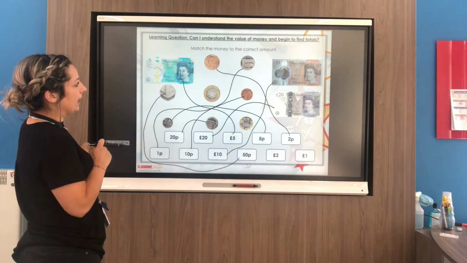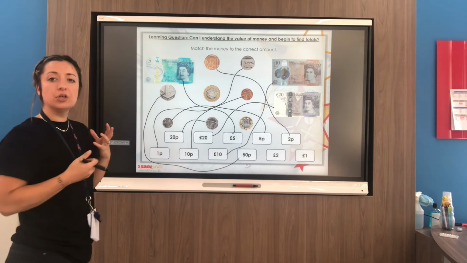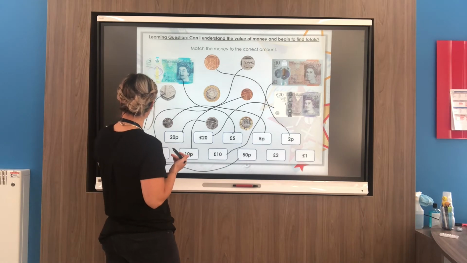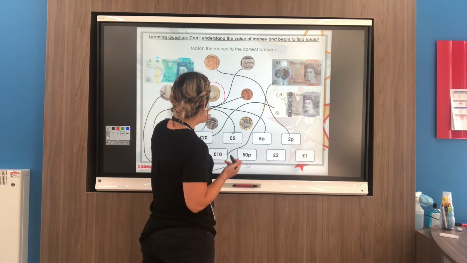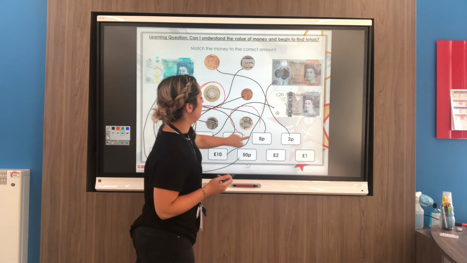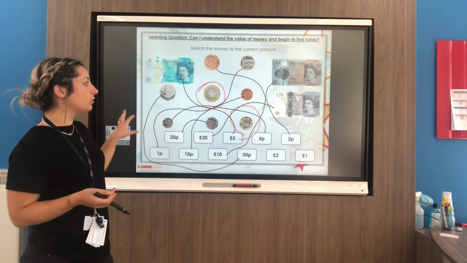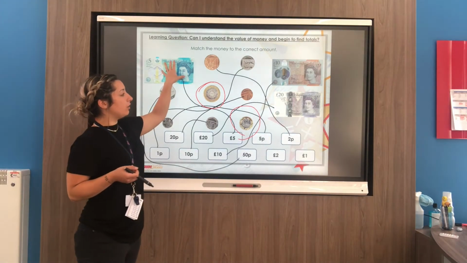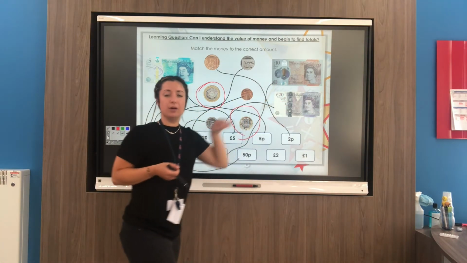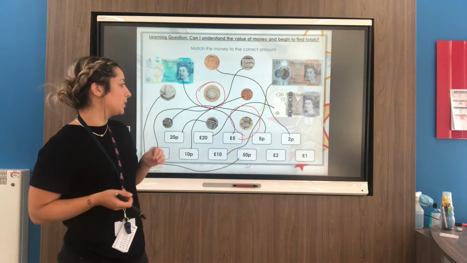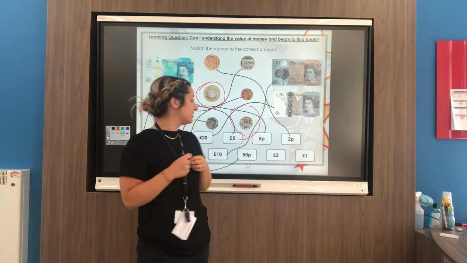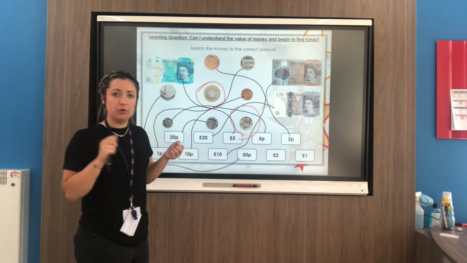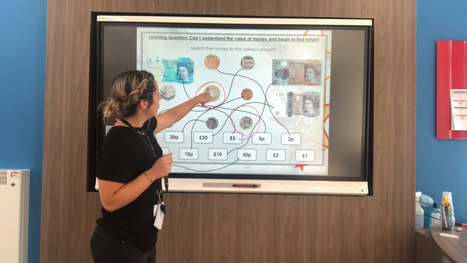Now, the other pounds I've used were for notes, and I've used all of the notes up now. So I've got 2 different coins left. I've got this one, and I've got this one. Now, just because they are coins, it doesn't mean that they are pence. Okay, you have got pounds in note form, but you can also have them in coin form as well. Coins aren't just for pence. And you can see, as we said, you have to read it because it's in writing, it's not in number form. So we've got here £2,